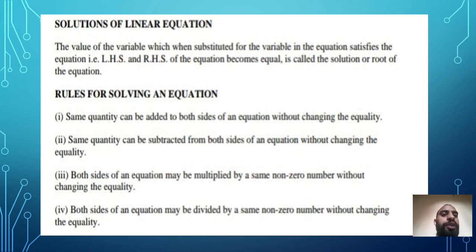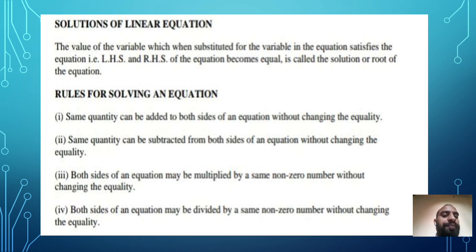So as I told you, what do you mean by solution of a linear equation? Solution of a linear equation means to prove that left hand side is equals to right hand side, and these are solutions. How to find out or solve a equation, that already you have studied in previous classes. That means same quantity can be added or subtracted from the both side of equality sign, or in other language same quantity can be added on the both side of an equation without changing equality. That means equal to sign is not going to change. You can add same quantity on both sides. You can subtract even the same quantity, second point, or you can divide or you can multiply.